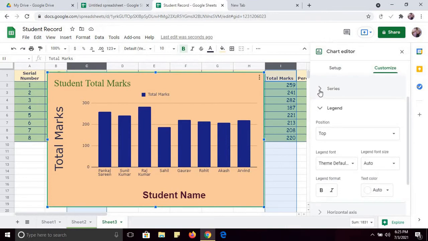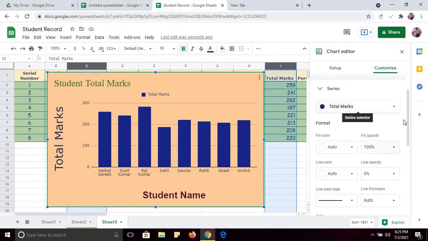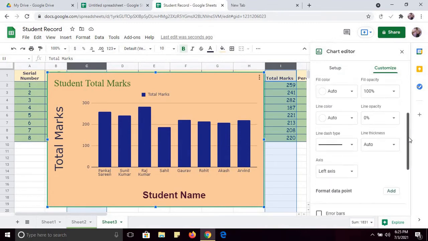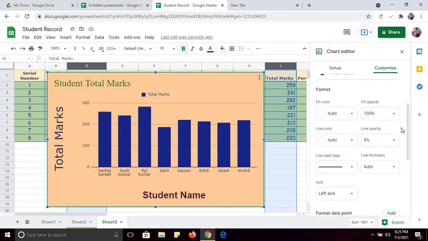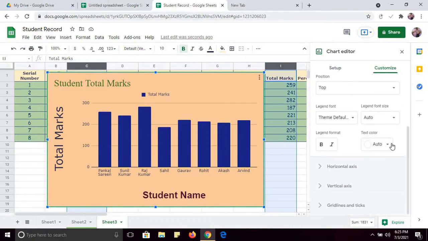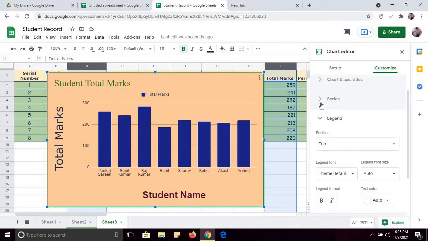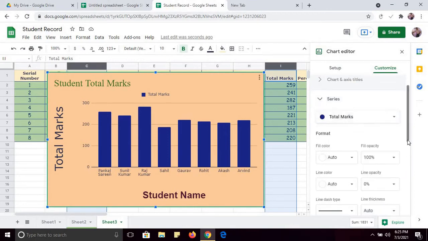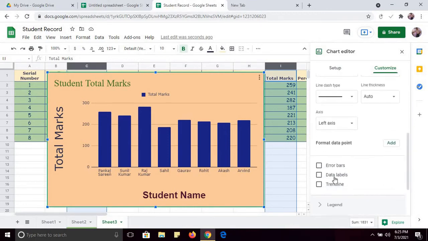You can also use this series option. Fine. You can change the opacity, you can change the line opacity. You must try these options. Fine. And here, just wait, in the series here it is data labels. You can just select.